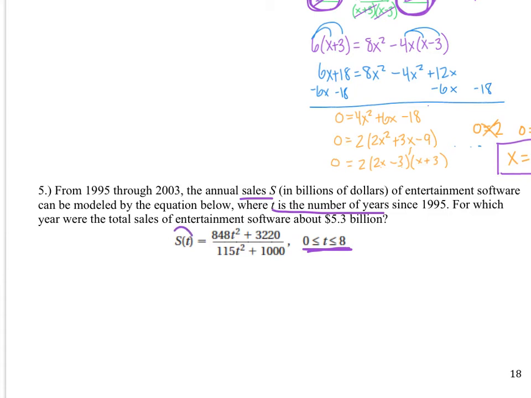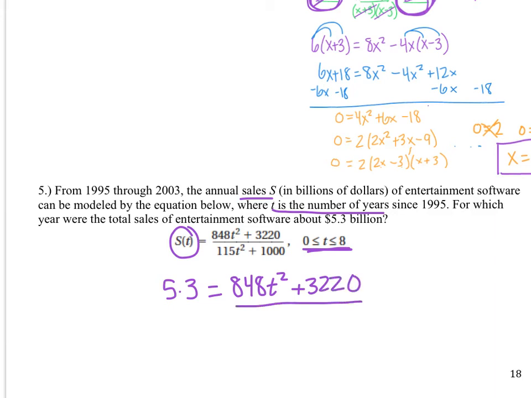So your S is going to be 5.3 equals 848t squared plus 3220 over that 115t squared plus 1000. So we're plugging in 5.3